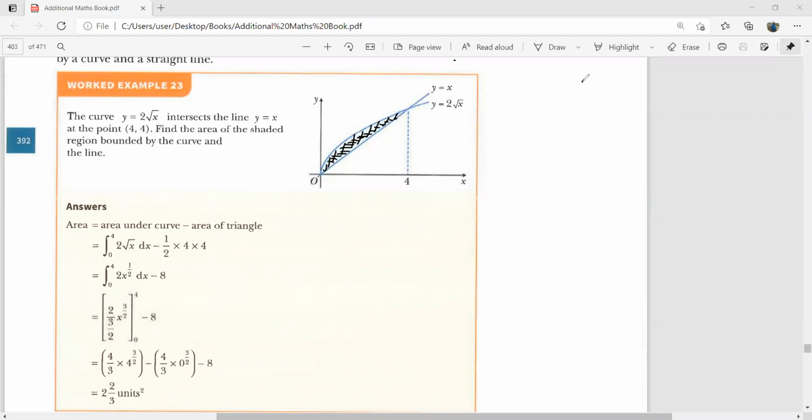So what do you think? Y equal to 2 under root x has more area between its curve and the x-axis, or y equal to x has got more area? So y is equal to x. Yeah, y equal to x is more area. नहीं, look, sir, 2 root x. Yeah, this is your y.